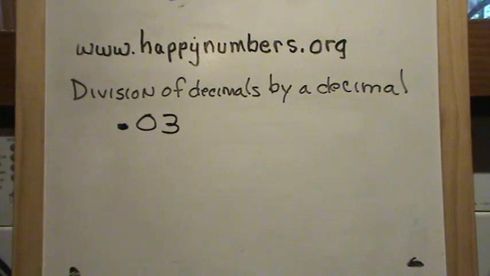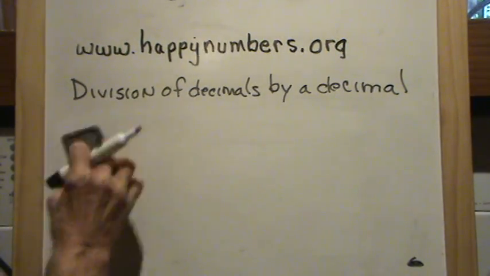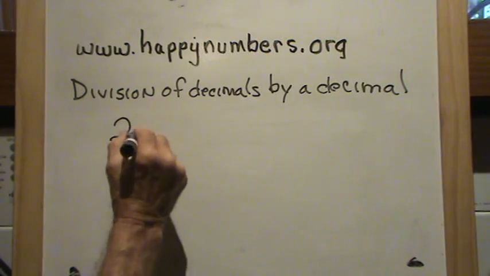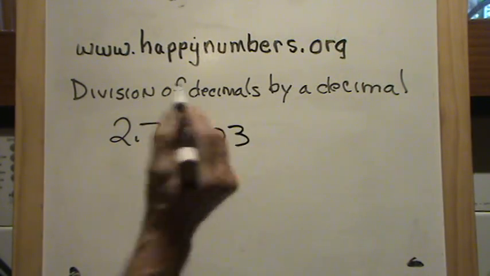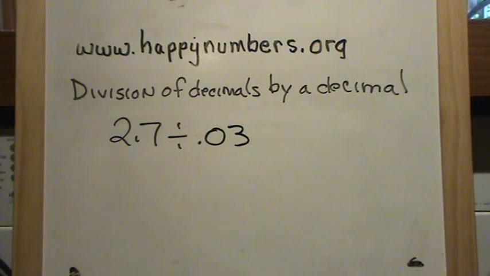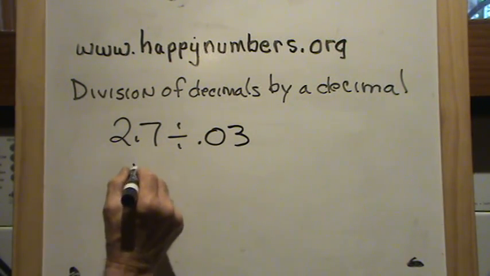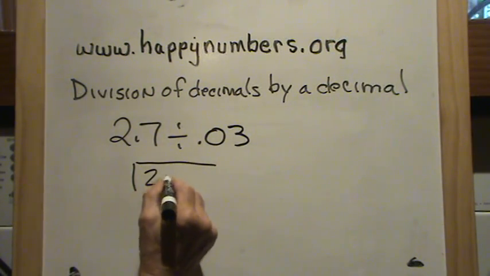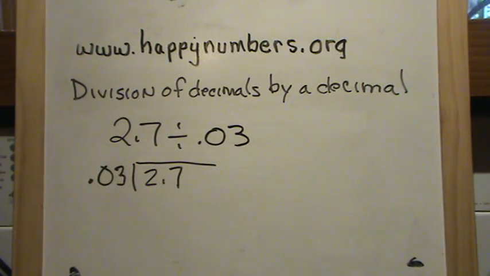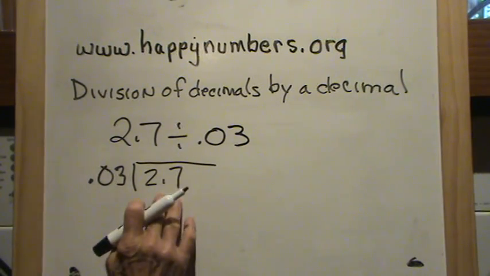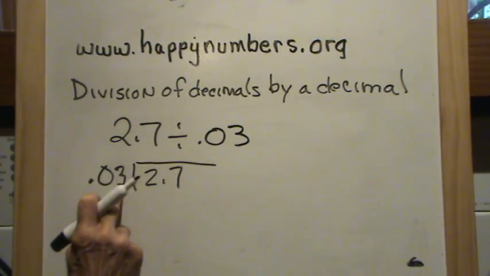Whoop, my bad. 2 and 7/10 divided by 3/100. Well, 2 and 7/10 is divided by 3/100. Well, the first step when I'm dividing decimals is I have to make sure that I make the divisor